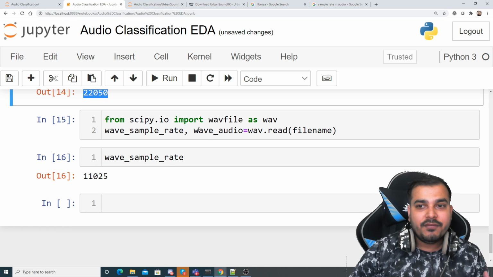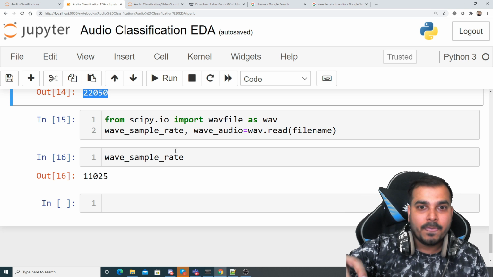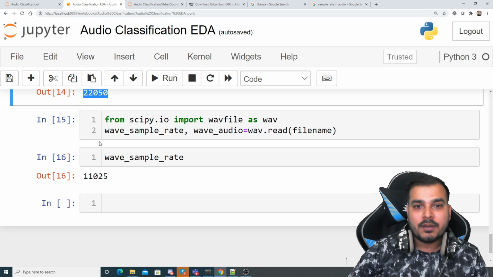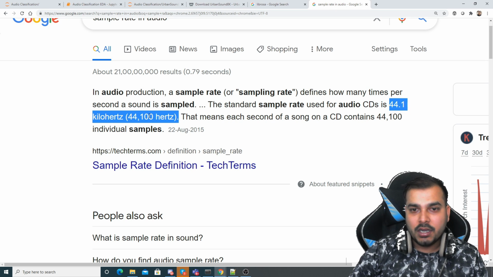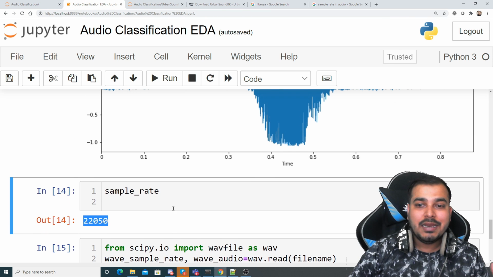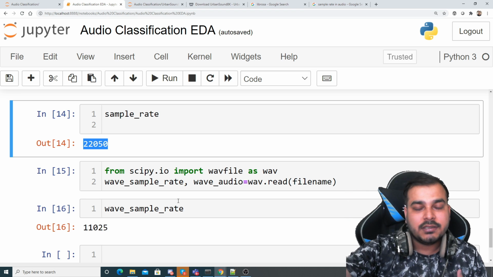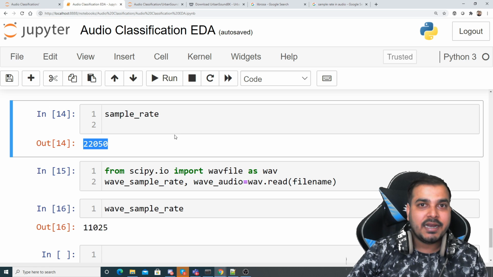Similarly, if I look at other audio files, whatever the actual sample rate is will get displayed. Some may be 44 kilohertz, some 11 kilohertz, 22 kilohertz, and so on. In this scenario, what librosa is doing is bringing a mechanism where it will read any audio file and convert it into a sample rate of 22050.